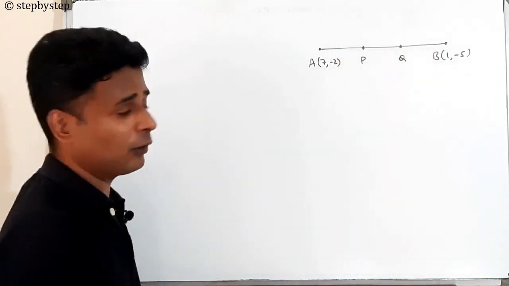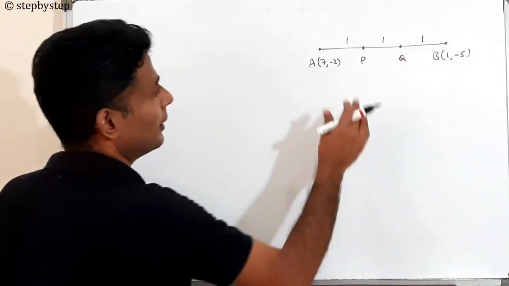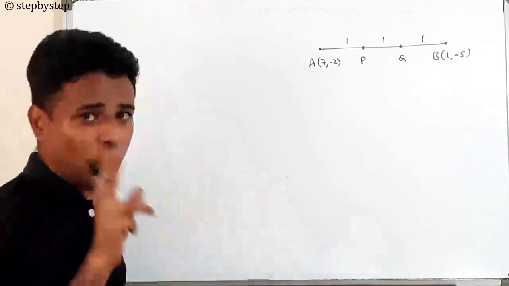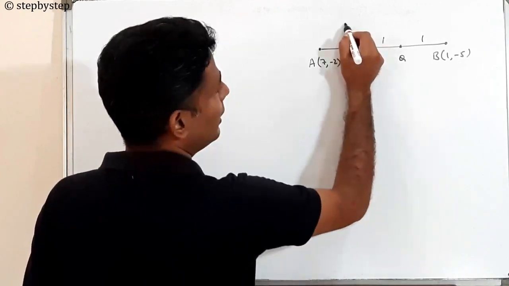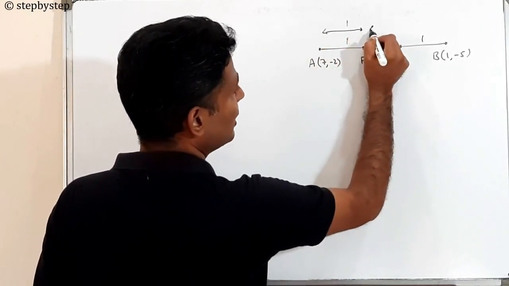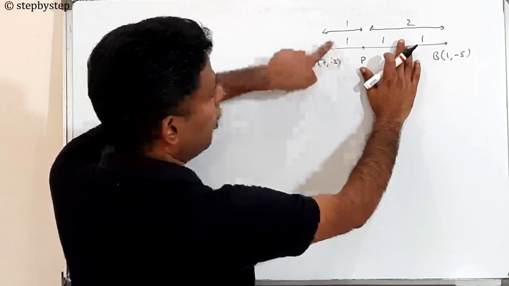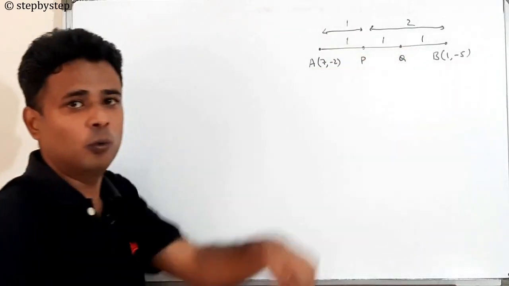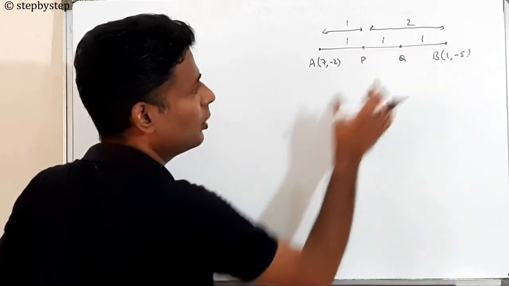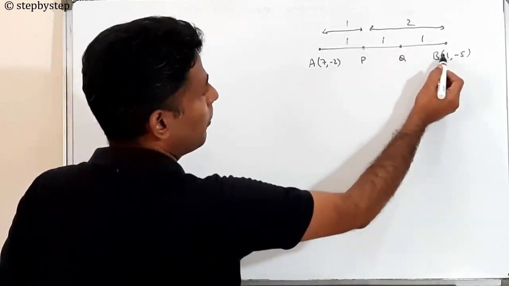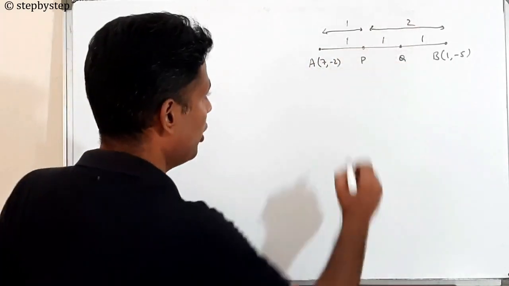Now when it's dividing into 3 equal parts, what is the ratio of each? There will be 1:1:1. Now how do we find point P? We need the coordinates of 2 points, and we know the coordinates of A and B. This part will be in the ratio 1 and this whole thing will become ratio 2. So if you ignore this, what is the ratio of this to this? 1:2. This is 1:1:1, so this to the whole thing will be 1:2. So point P divides the line in the ratio 1:2, and we can find the coordinates of point P.